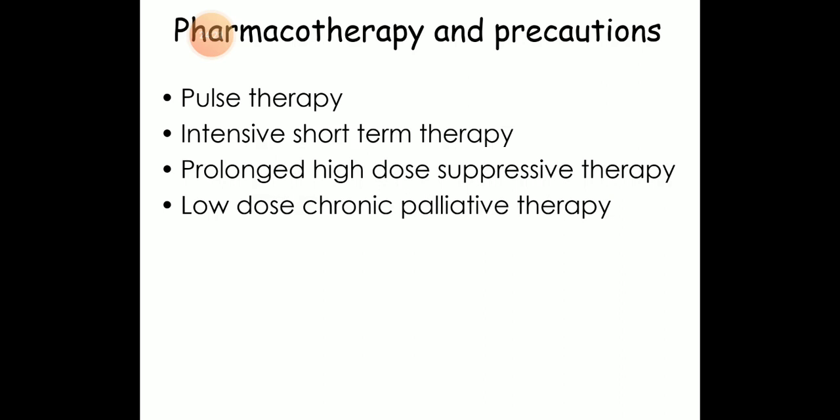Now, whenever we are talking about pharmacotherapy and precaution, we have mentioned 4 types of therapy which are commonly prescribed in a corticosteroid-based regimen. One is called pulse therapy, the second one is intensive short-term therapy. We are more concerned about the prolonged high-dose suppressive therapy, and the last one is low-dose chronic palliative therapy. So, whenever we are talking about prolonged high-dose suppressive therapy, we are concerned about inhibition of the hypothalamic